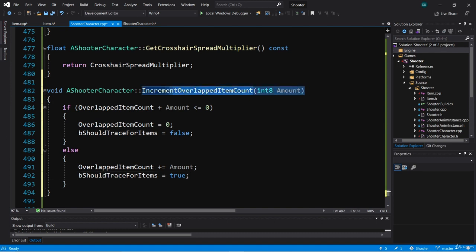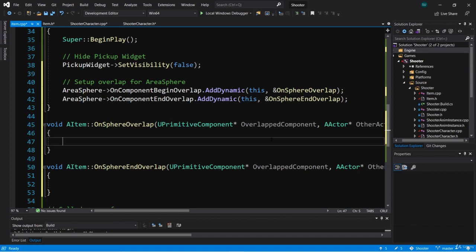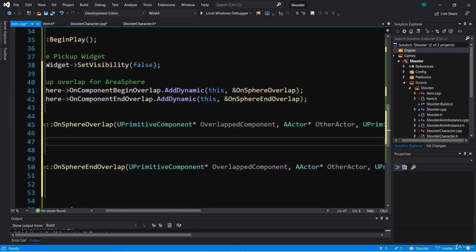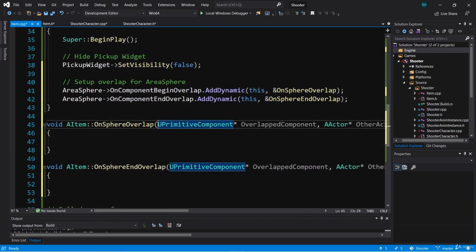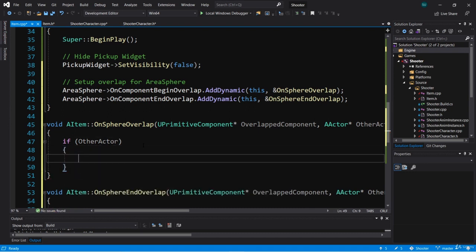Now we can call this function in our overlap begin and end functions in Item.cpp. So in OnSphereOverlap, first we're going to take our OtherActor. The OtherActor parameter in this function is the actor that overlapped with the AreaSphere and triggered the event. So first we check to see if OtherActor, and this first makes sure that OtherActor is not null. Now, all kinds of actors can overlap with the AreaSphere, so we need to make sure that it's the character that overlaps. So we're going to create a local AShooterCharacter variable,